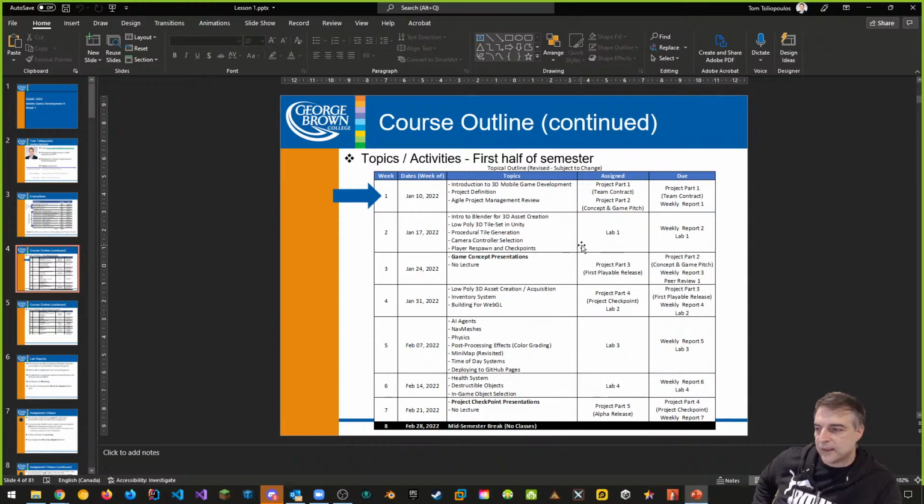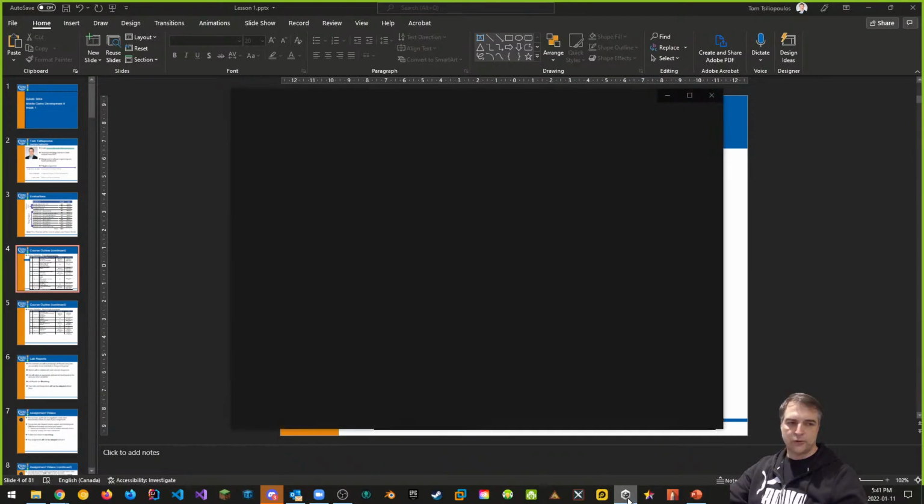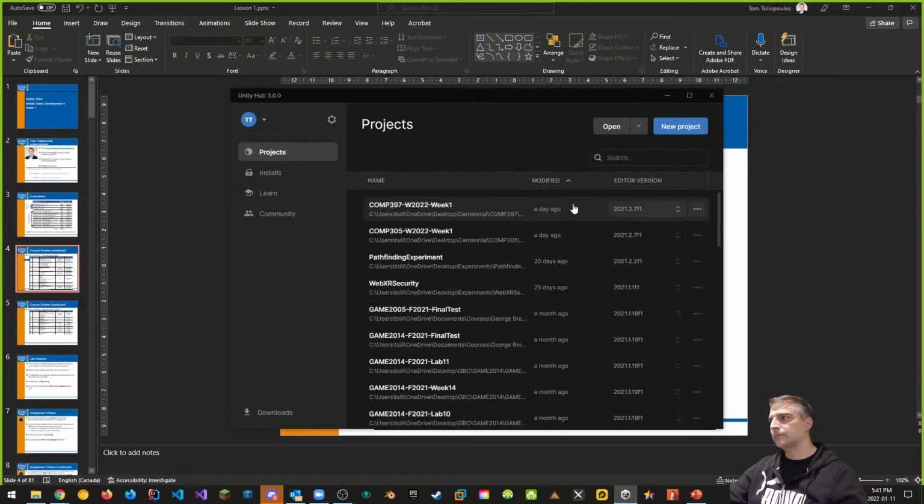And now this is something that I want to also mention for this semester. The version of Unity you'll be using for this semester, no exceptions, is 2021.2.7F1. That's the one you need to download and install. Please make sure that it's installed with everything that you need to make that run. So in other words, let's suppose you're using Unity Hub version 3, which is what I'm using. Then 2021.2.7F1 is the version that you're going to use.